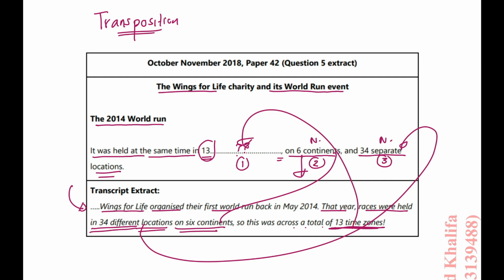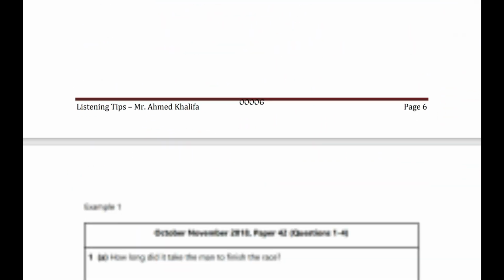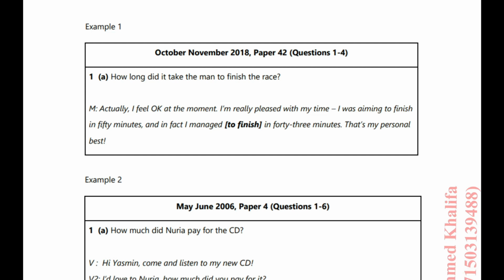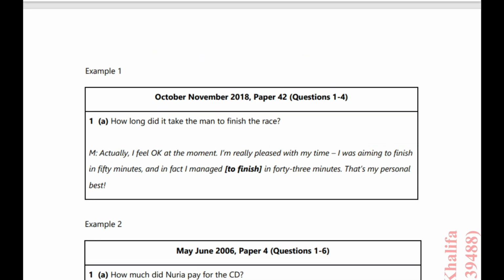Okay? Let us see another technique in the listening exam, and for sure you will see it, inshallah, after tomorrow. Which we call what? Ellipsis. Let me write it down here. Ellipsis. What is ellipsis? It is leaving out parts of a sentence or a speech that are very clear or understandable from the contextual clues. Okay? Why are we using ellipsis? In order not to repeat words.